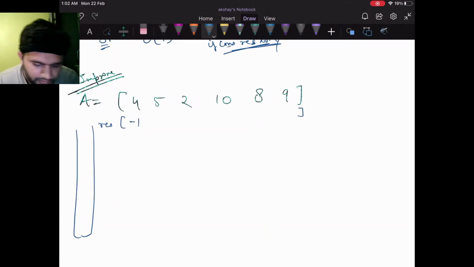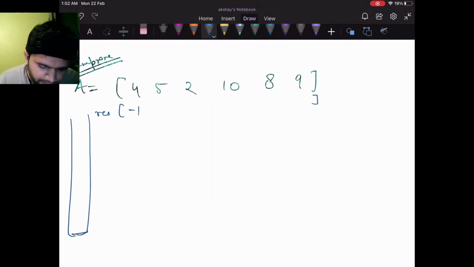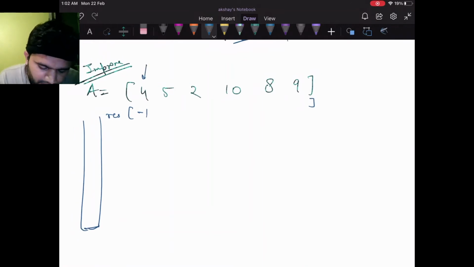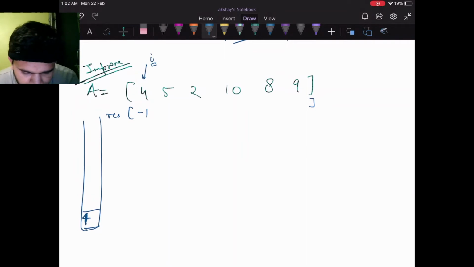Now when the stack is empty, if our I is here, we can simply push A[I], which is 4 in this case. Now I is here. For this 5, we can see that we already have a smaller element at the peak, so we can write 4.